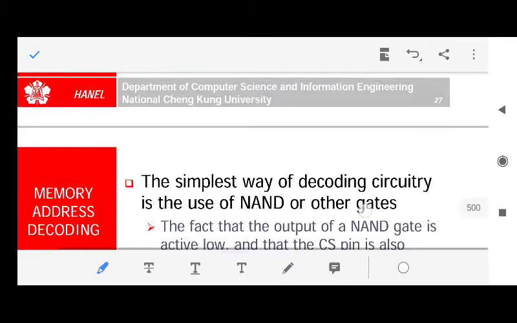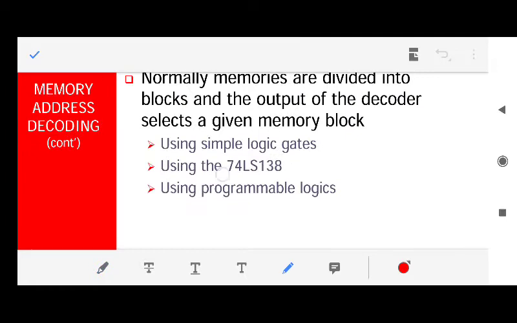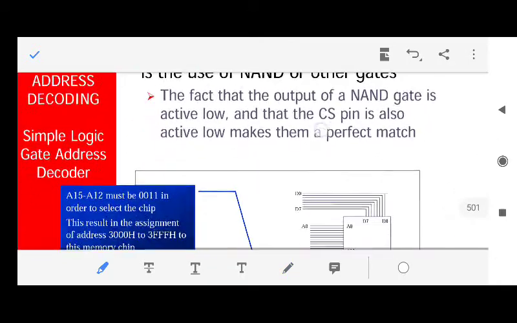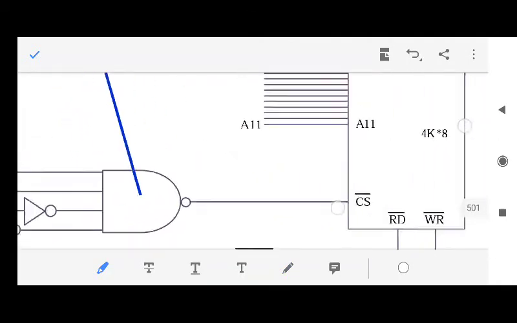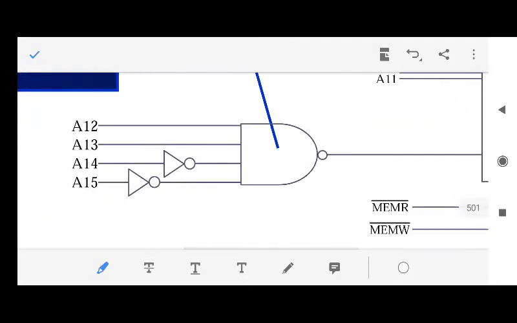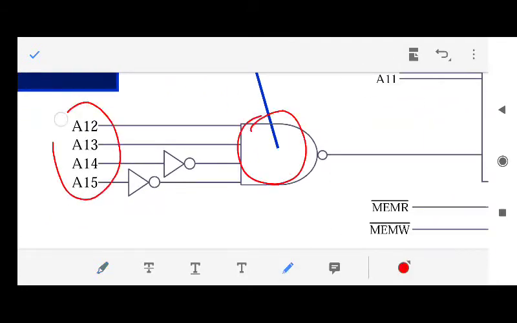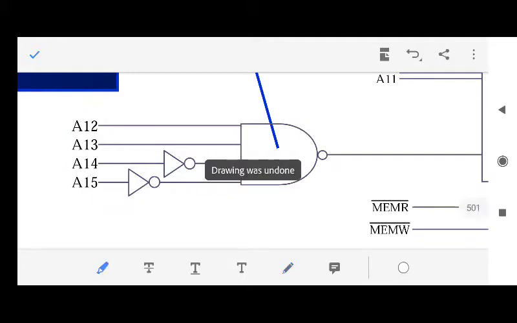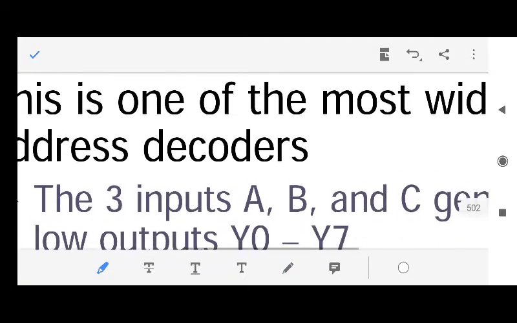What are the other ways? The other way is using a decoder. This kind of logic, where we connect a NAND gate with the remaining address lines, is useful when you have a single IC, a single external memory in the system. But what if you have n number of memories? In that case, you need some more signals that can select the ICs. So from where will you get those signals?